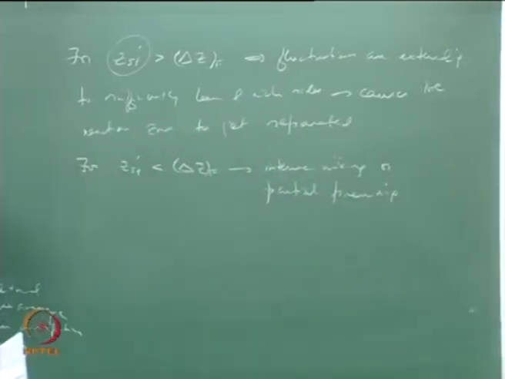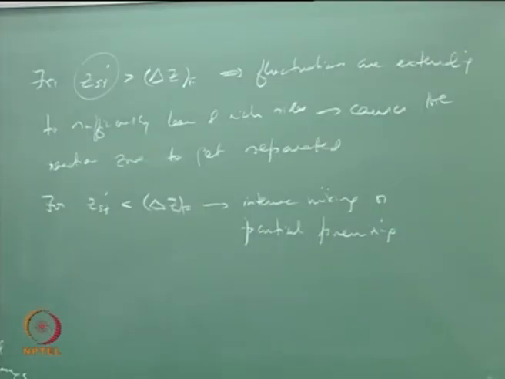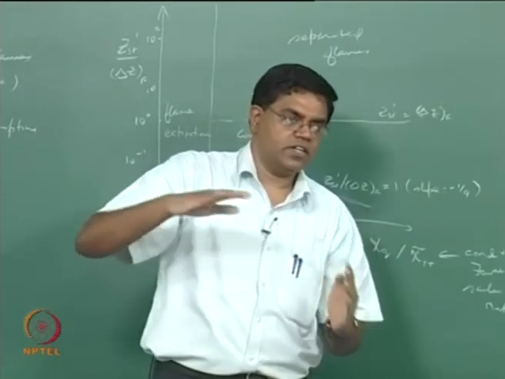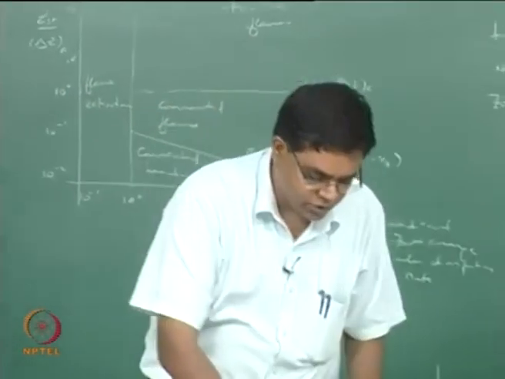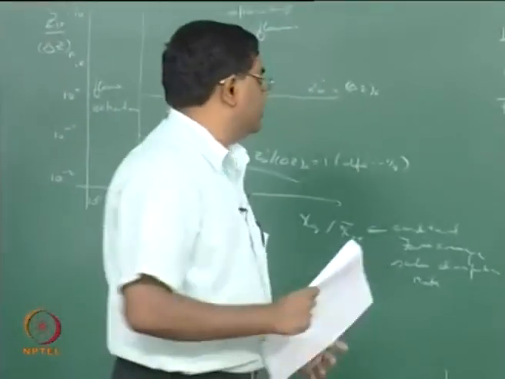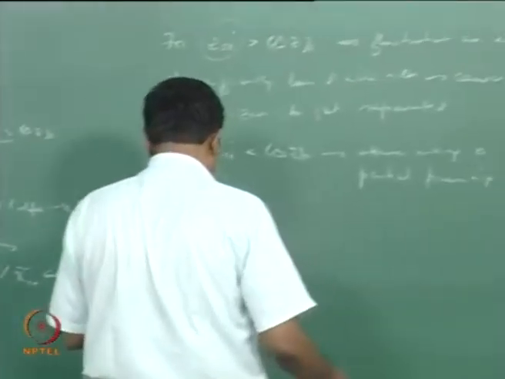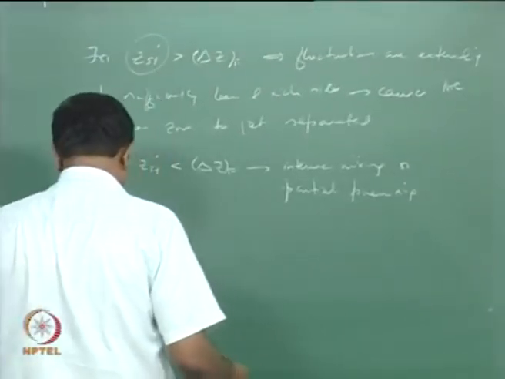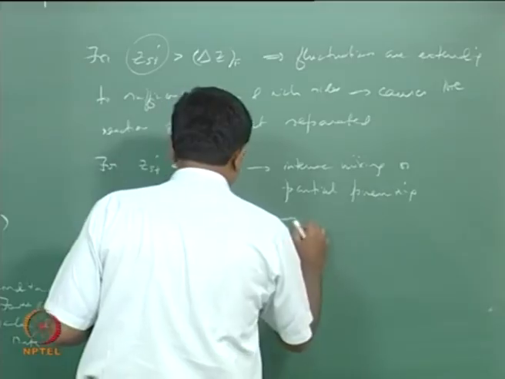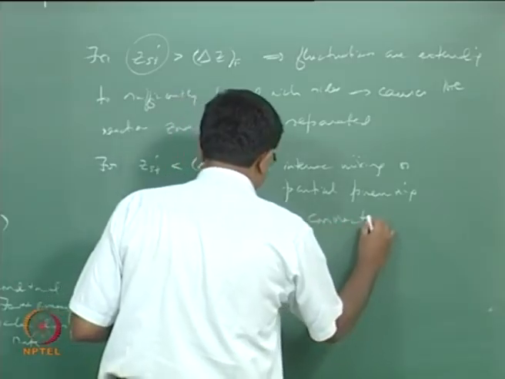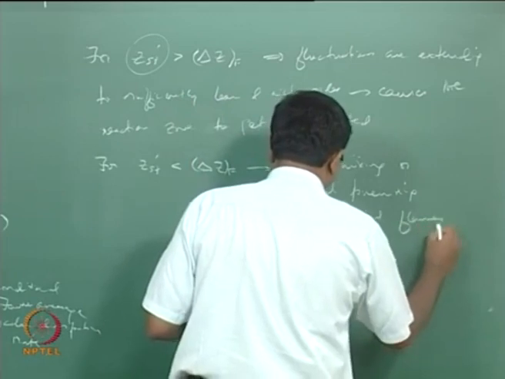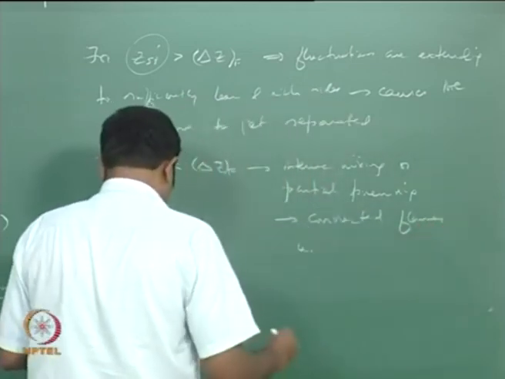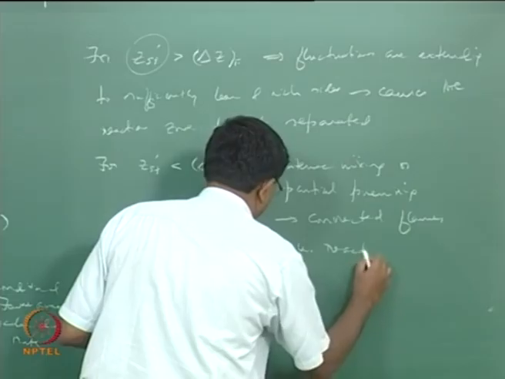So what this means is you can have the reaction zone move around without really getting disconnected, but you will have the preheat zone sense the fluctuations. So effectively you don't really have disconnected reaction zones. So this is essentially connected flames, that is, reaction zones are connected,